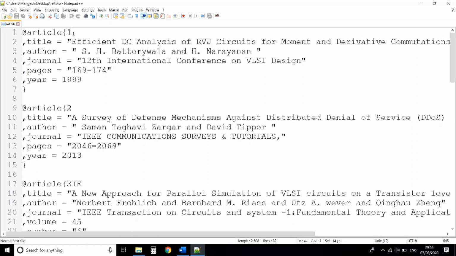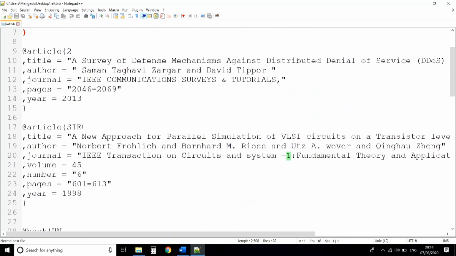You can keep this as a sequence 1 2 3 4 5 6, or you can use the key as some known name for that reference. It depends on us to define the key for that reference.